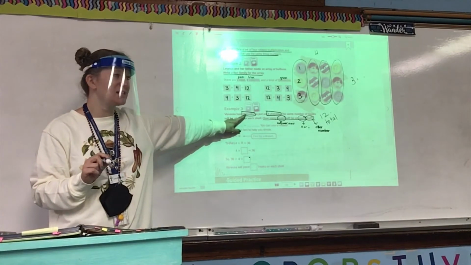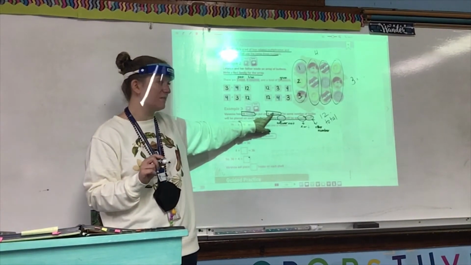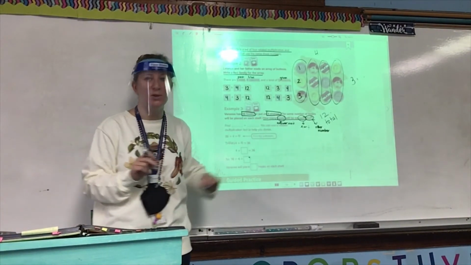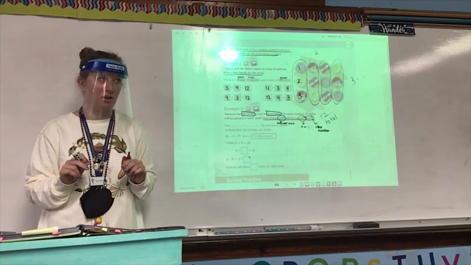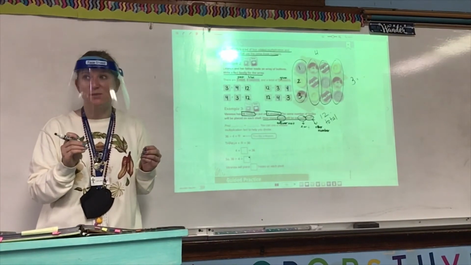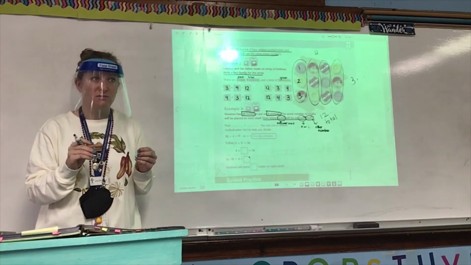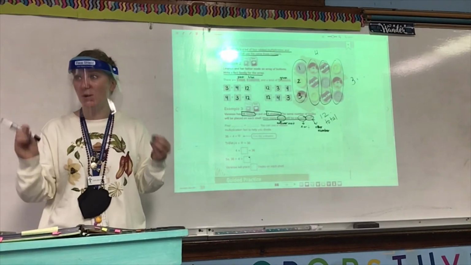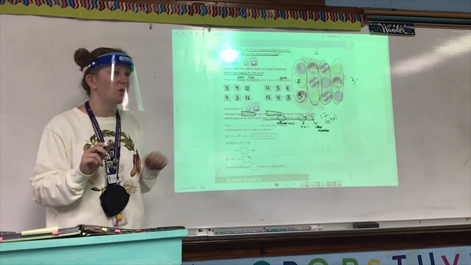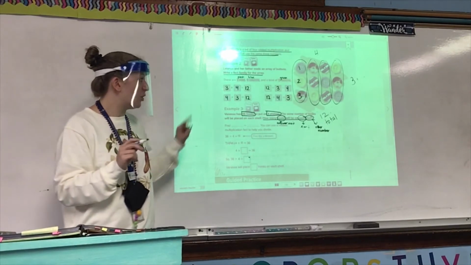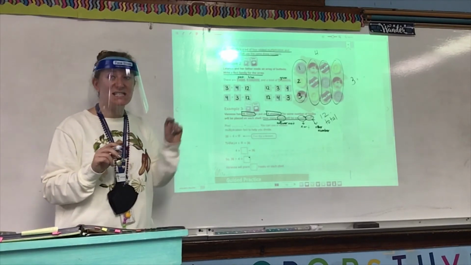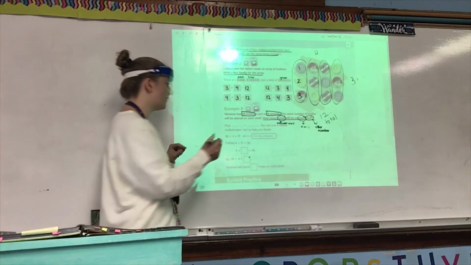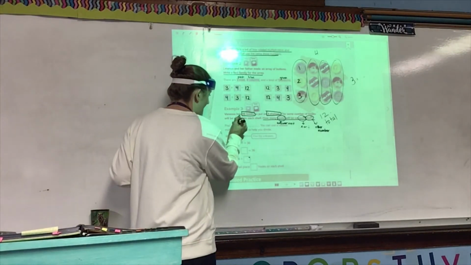We know there's 36 books. There's 4 shelves. We're trying to figure out how many books are going to go on each shelf. Can we end up with more than 36 books on each shelf? No, because there's only 36 books. So that means we know our total. Our total number of objects is the dividend, the first number in a division problem. So that means we're trying to find 36,